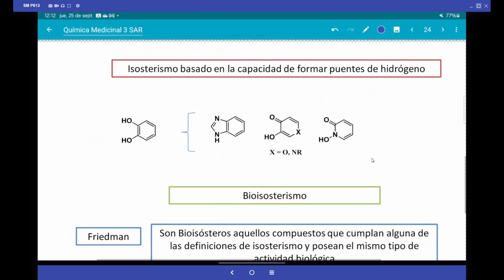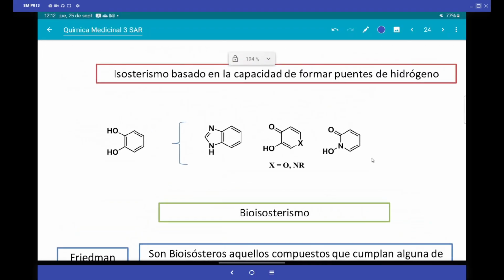And this is the last thing to say: when we have certain groups that form hydrogen bridges, we can replace them with other groups, similar in geometry, capable of forming hydrogen bridges. The first case that we have here is a simple ring that can be both a hydrogen donor and a hydrogen acceptor, and this type of system that is common in certain types of drugs is called